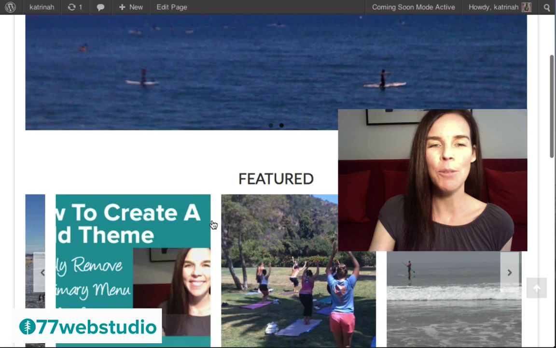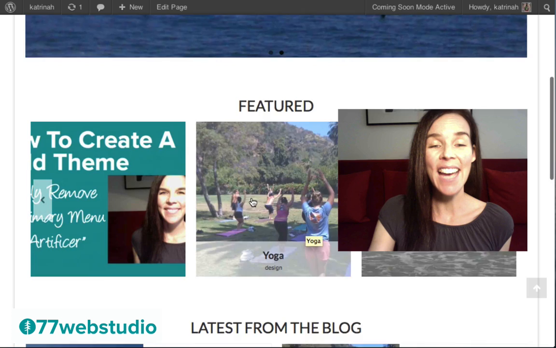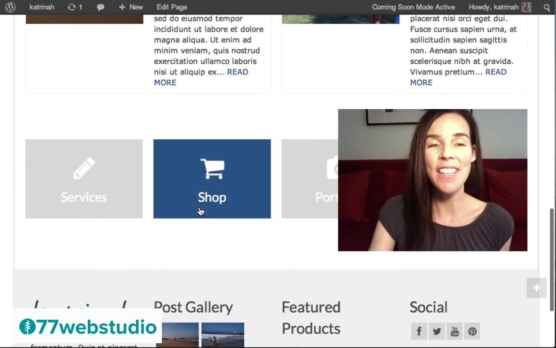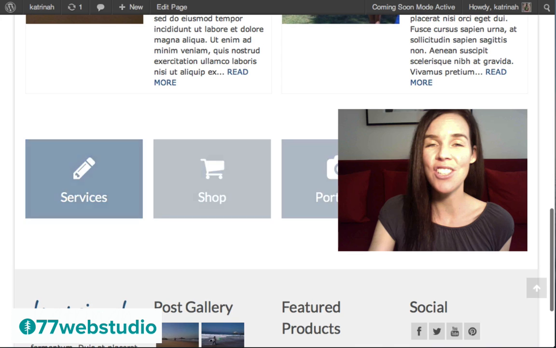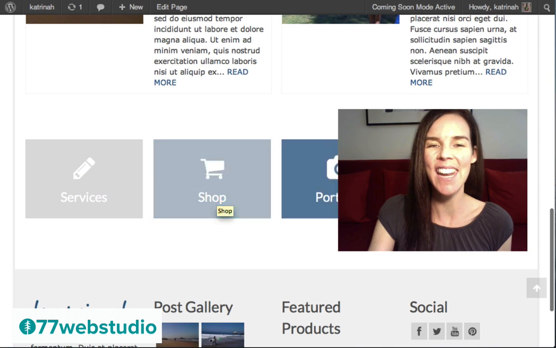Underneath the image slider we'll have a featured section, and here you can feature any kind of featured projects, photos, anything from your portfolio that you'd like to feature. I'll show you how to set this up as well. Next we'll have the latest from the blog section. Here we'll have a few excerpts from our most recent blog posts. And then finally underneath that we'll have another menu navigation area represented by these blocks, which when I hover over them activate and turn a different color. I'll show you how to set that up.